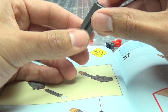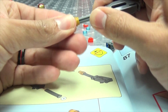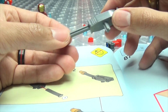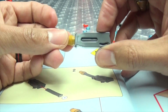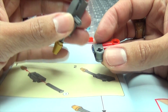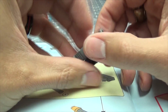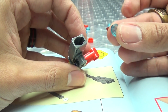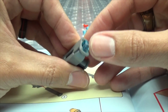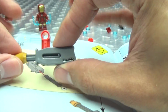No, I feel like I'm doing something wrong. Okay, here we go. Gotcha. Okay. Took me a second to realize what's happening here. I see what's going on. Okay. And then that goes there like that. And then these are your projectiles. And I guess they just... okay. Then you just push and...